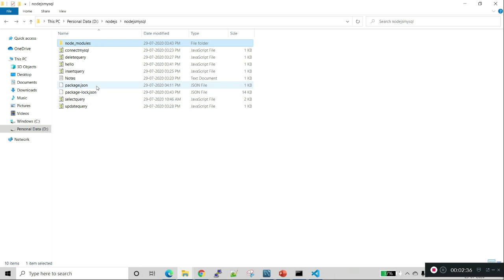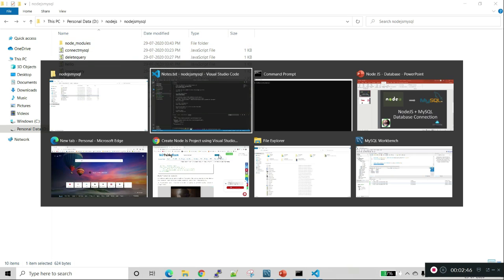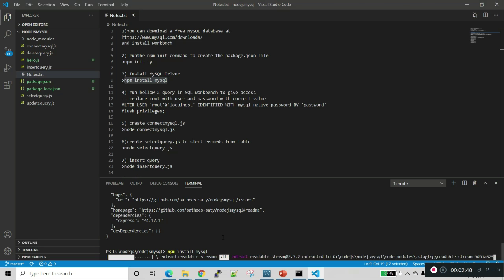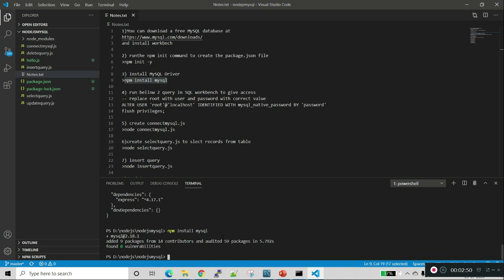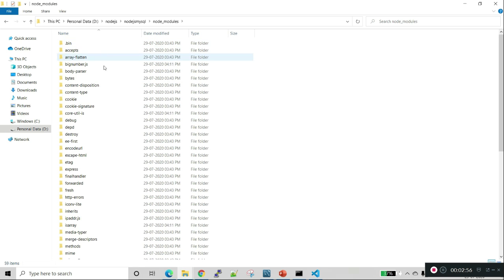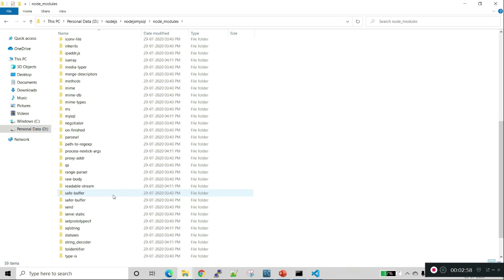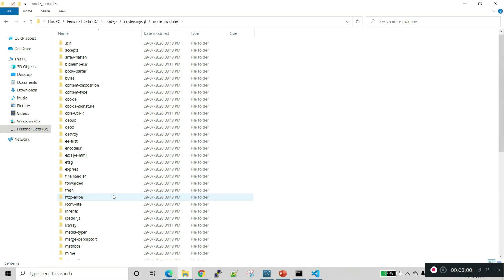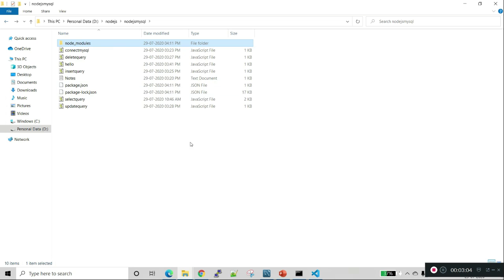Here you can see the JSON file is created, and it's also creating the node_modules folder for the MySQL driver. Just refresh the screen. We can go inside this one and see it has created the dependencies for connectivity to the database.